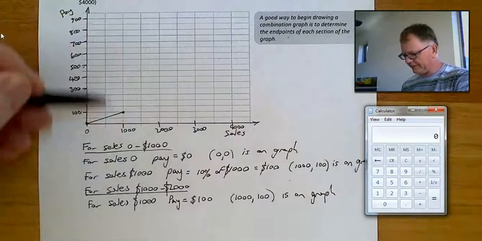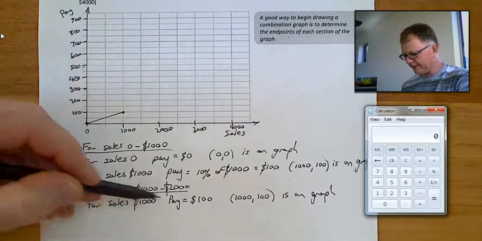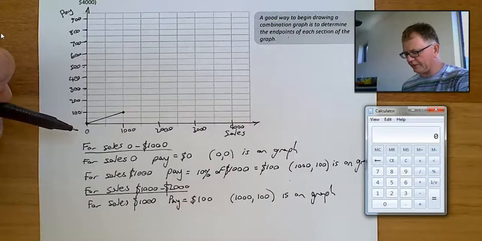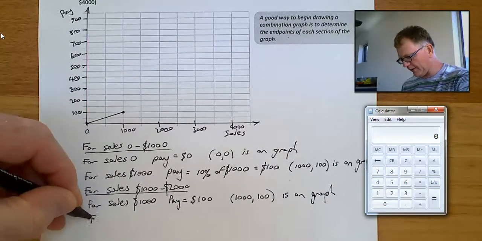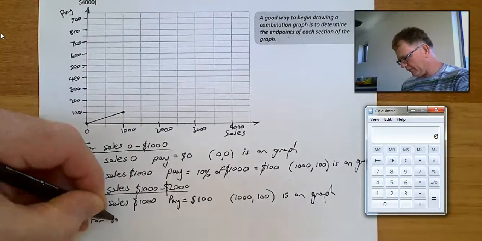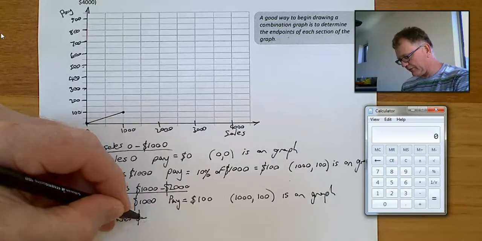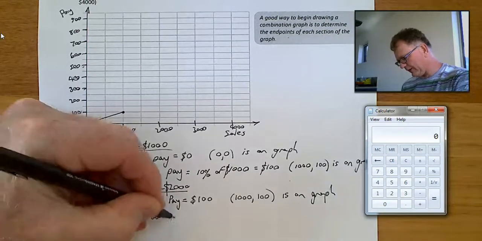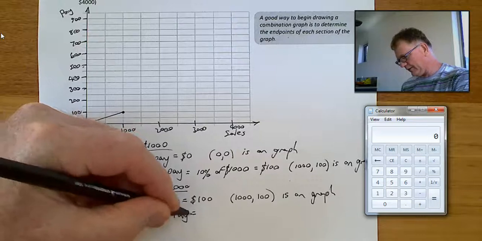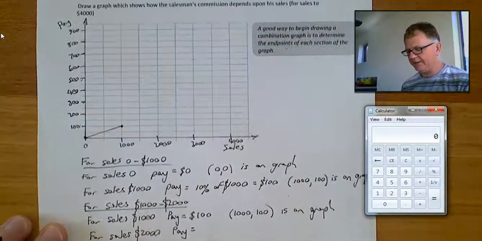So this next section, the second section, starts at the point 1,100 and goes up to, now what we have to do is say, what about at the end of this bracket? What about if he sold $2,000, how much does he get paid? Well, according to this, he gets paid